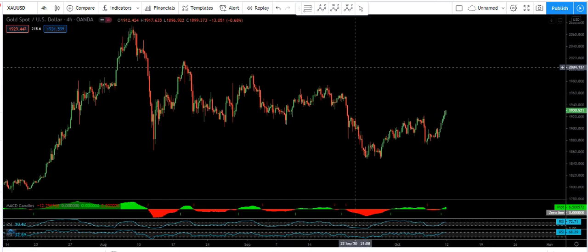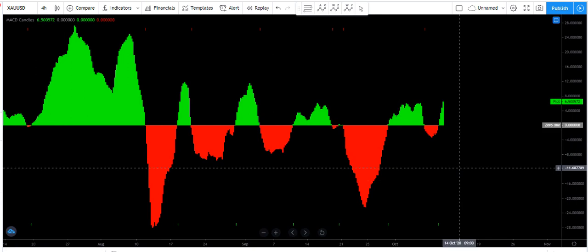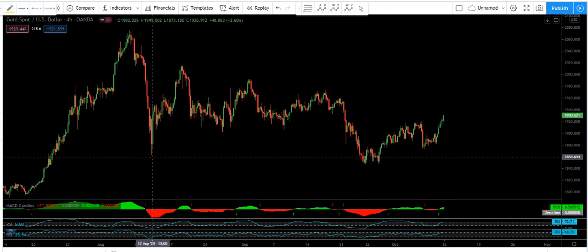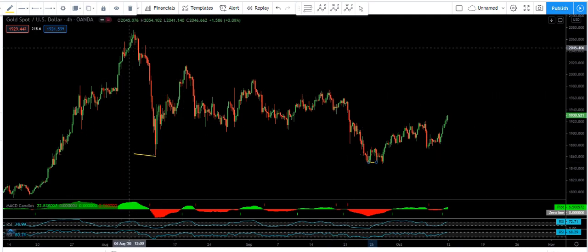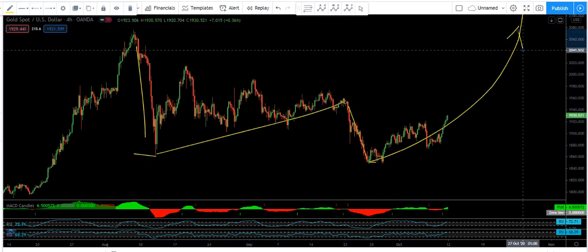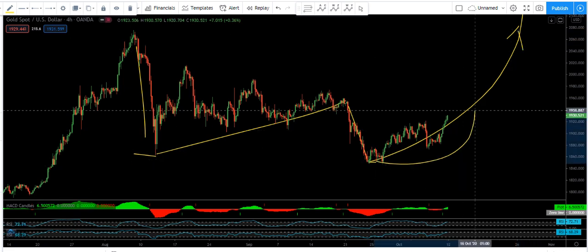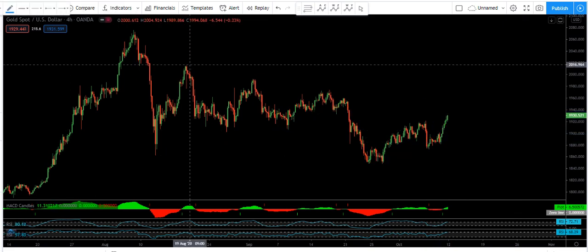The first thing I need to highlight is that we have divergence between these two. Okay, since we have a divergence, can we consider this is ABC and this is the one moving up? You cannot confirm that because of the way this one is correcting, and also what we have got since last week, last Friday. And now the thing is, if I draw this line,